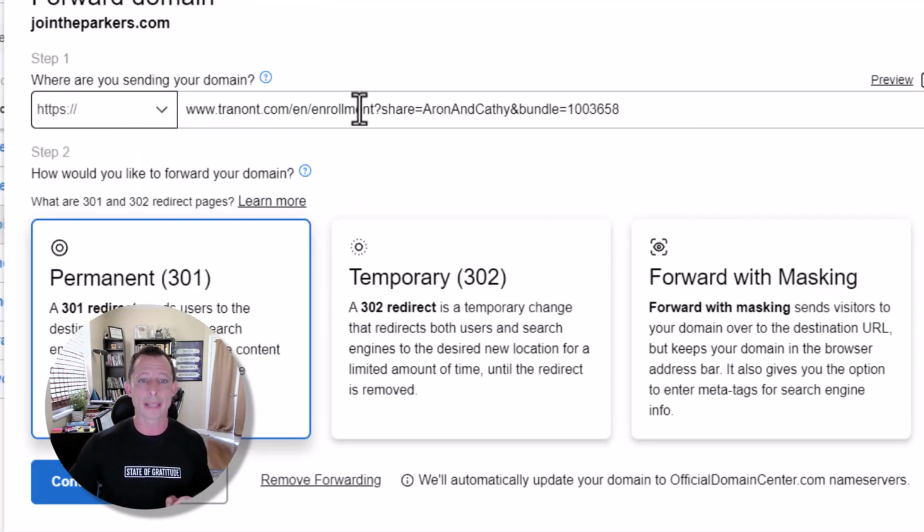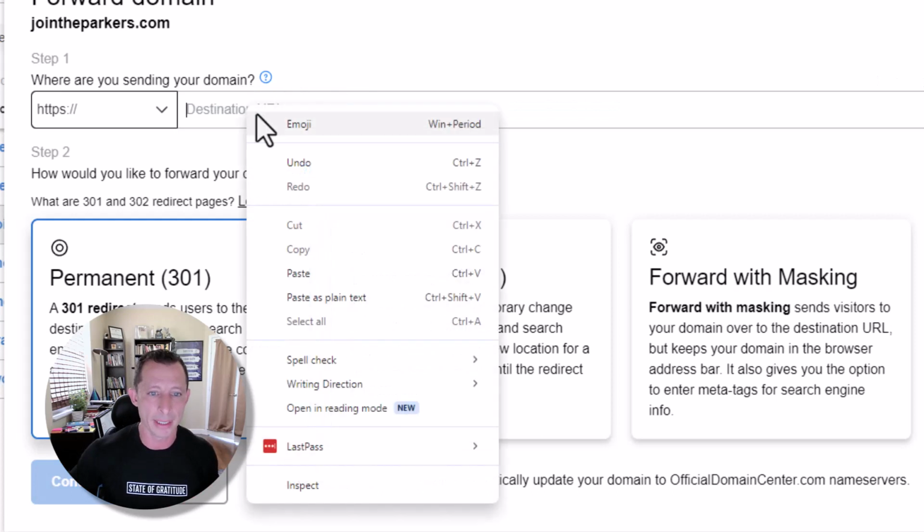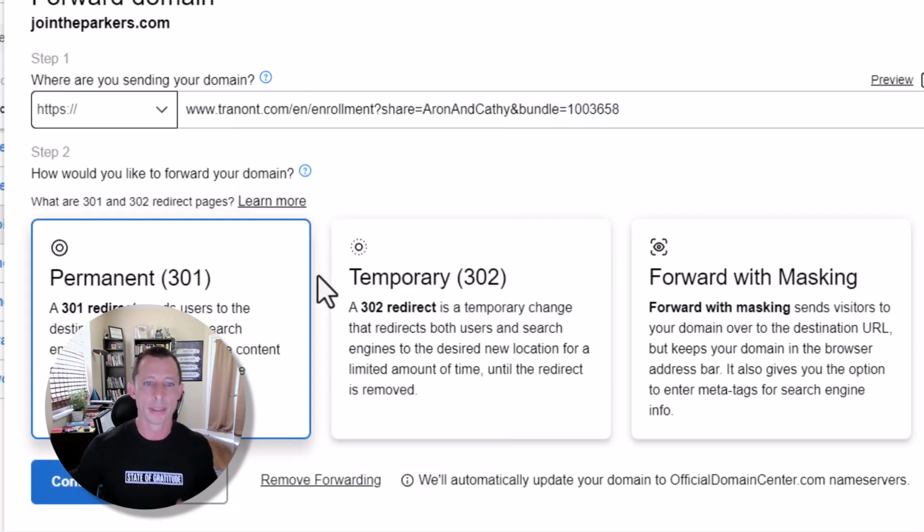So now when you go back to your domain and you go to forward, if we paste that right here, bam, you'll see it just pasted the full link with everything in there so that when somebody goes to your domain, in this case it's jointheparkers.com, it is going to have you as the enroller for this particular bundle.